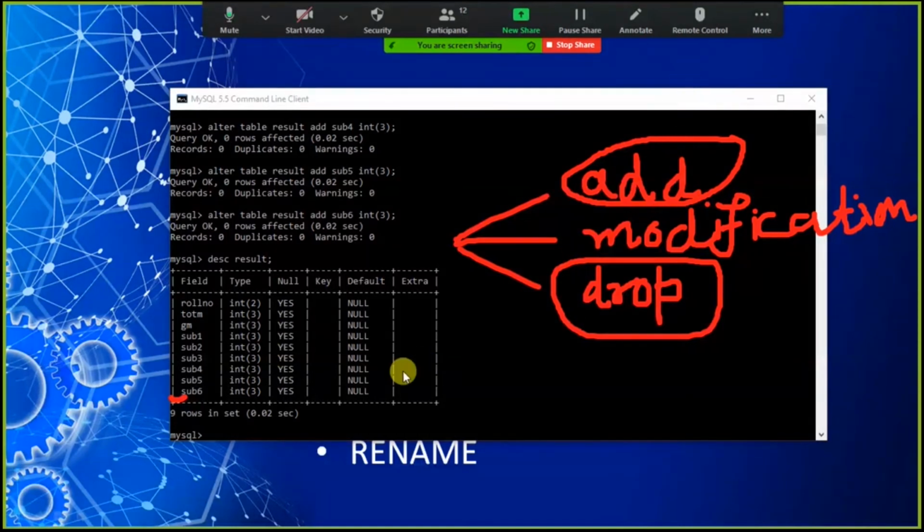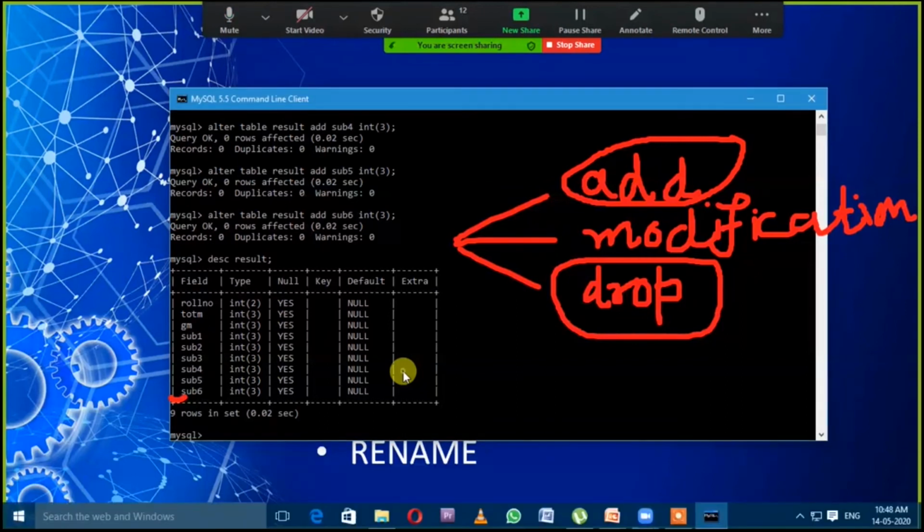Look here at how we will write it. Again we will write the alter table command, alter table, then the table name is result. After that we need to pass the sub command. Okay, so this time we do not want to add a column, we want to remove a column.